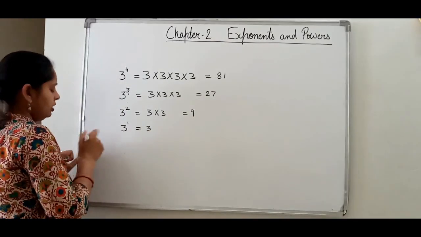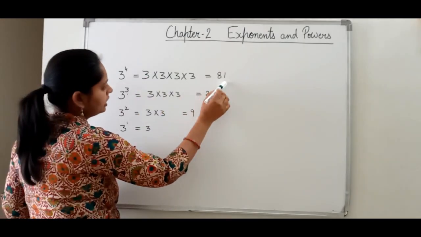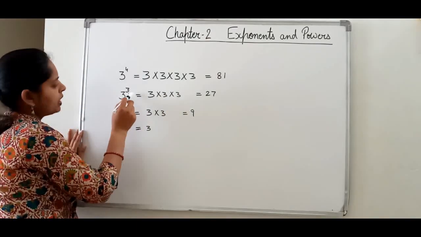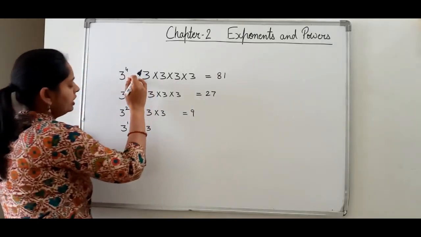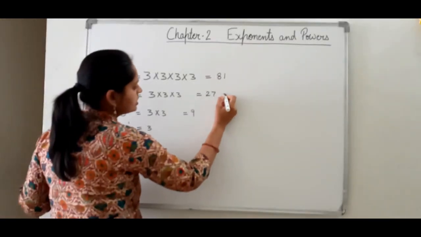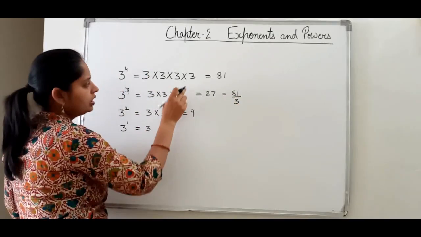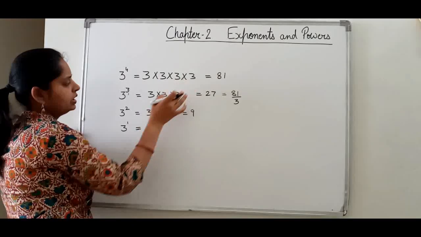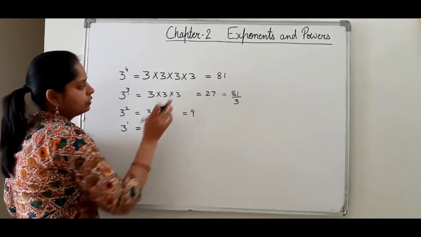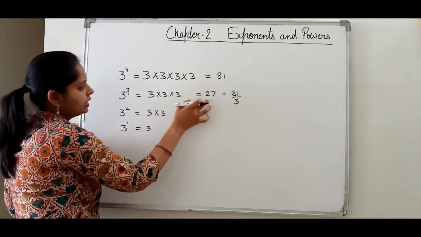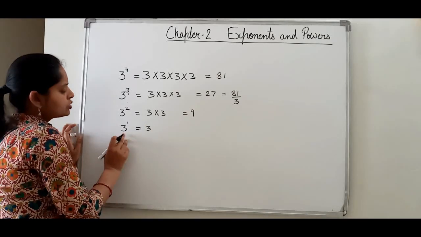If you see what change is going on, 3 to the power 4, the answer is 81. Now 3 to the power 3, the answer is 27. You can also say that as we decrease the power, this is equal to 81 divided by 3, because only 1 three is less here. Here are 4 threes, and if 4 threes are divided by 1 three, then 1 three will get cancelled and you get 81 divided by 3 is equal to 27. Again 27 divided by 3 will give you 9, and again in this way. So we got like this.